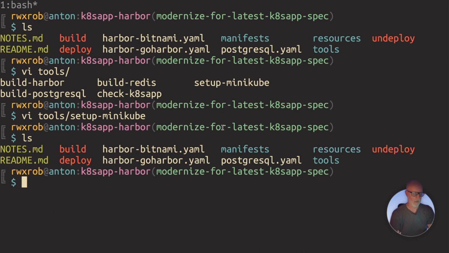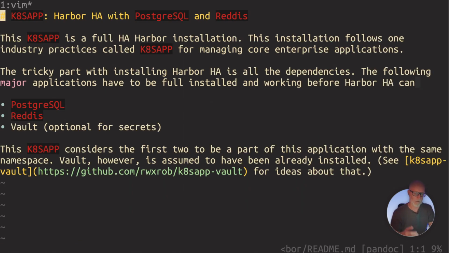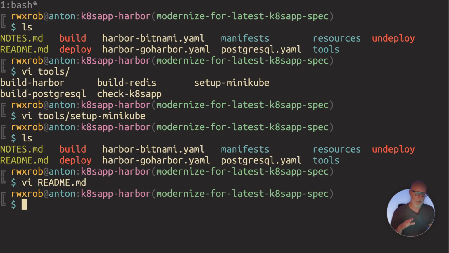I can just tell you in a nutshell, it is that you have a README with certain sections in it. In like 5 minutes, I'll tell you. A README with certain sections are required. You have a build, a deploy, and an undeploy script, and you have a manifest directory, with a base, and then with different ones depending on what kind of cluster you're putting it in. We have specific extensions to that part based on our infrastructure. You have a resources directory that has any hard-coded images you have to have, or Docker images, things like that, Docker files. And you have a tools directory that's got anything that your build and deploy and undeploy scripts might need,